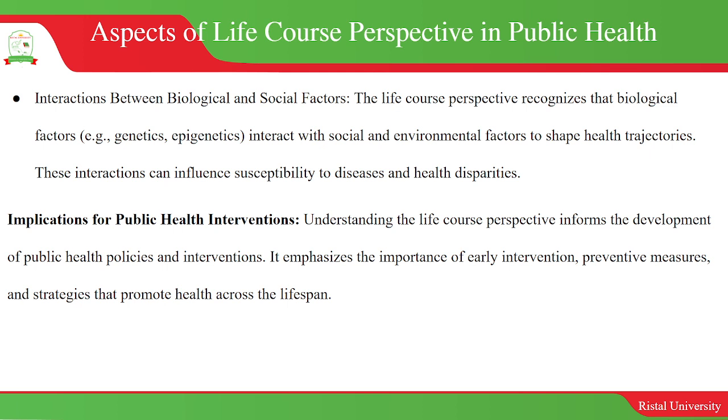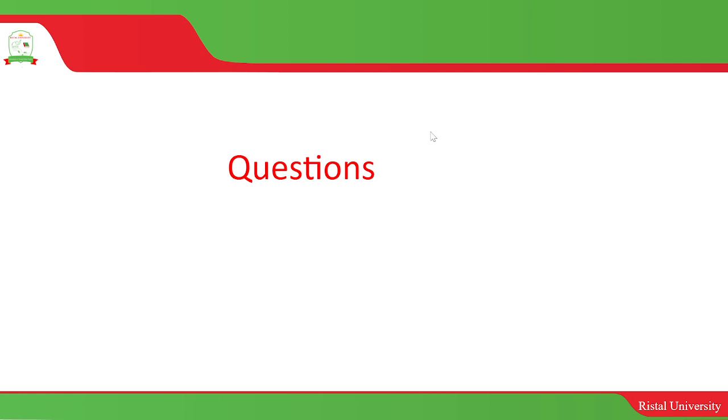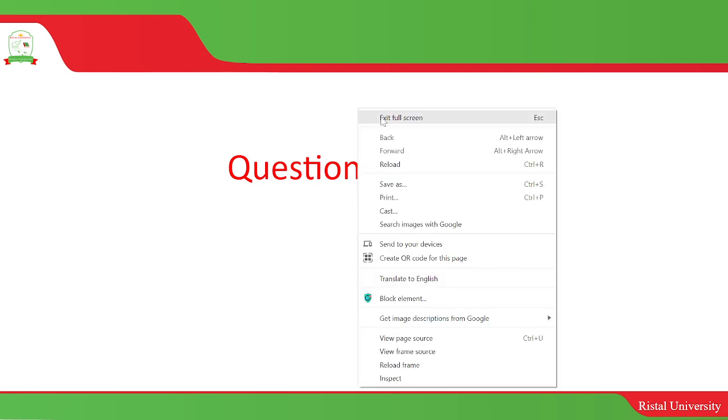This is basically what the life course perspective teaches us. If the child is exposed to the HIV, then it means that their quality of life afterwards is going to be negatively influenced. That is phase number 2. Number 3, I mean. So